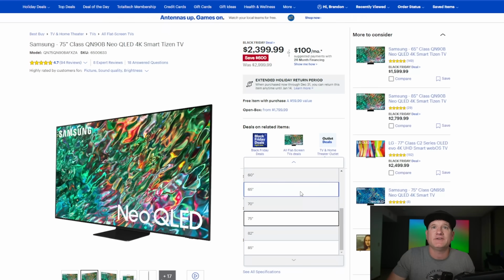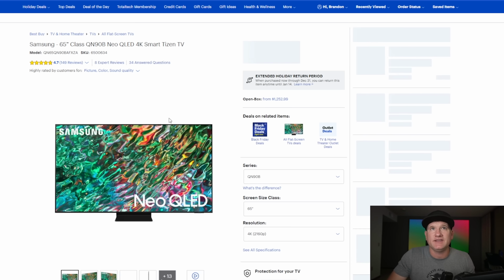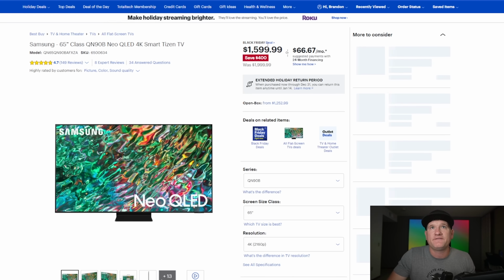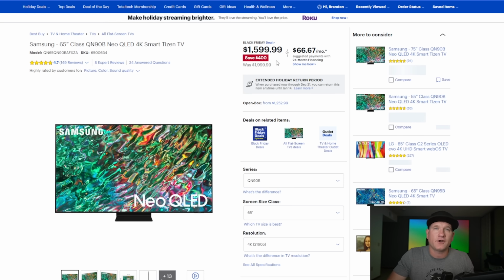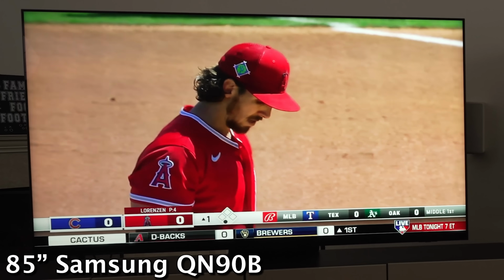The 75 is $2,399 right now, saving $600. And the 65-inch is actually $1,599, saving $400 off the price that they had. I think that was even higher before. So really getting a top-of-the-line Samsung QLED at $1,599 for the 65-inch is a fantastic deal, and I definitely think you guys should go ahead and pull the trigger on that if you're looking for a QLED, sports, even HDR